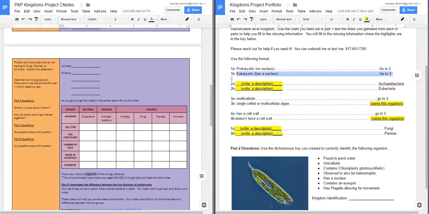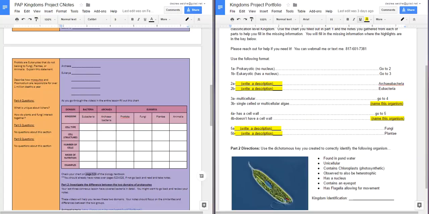All your eukaryotics are going to be in the domain Eukarya. That's going to be Protista, Fungi, Plantae, and Animalia. You'll notice I already have Fungi and Plantae here on the chart. That means that this is either going to be Animalia or Protista, and this one would be whatever you didn't put here. And you can figure that out. The first one you can figure out by the description that I've given you. You should be able to name the first kingdom here. Then you would go to